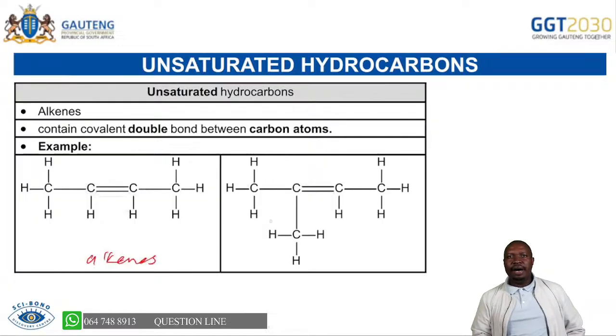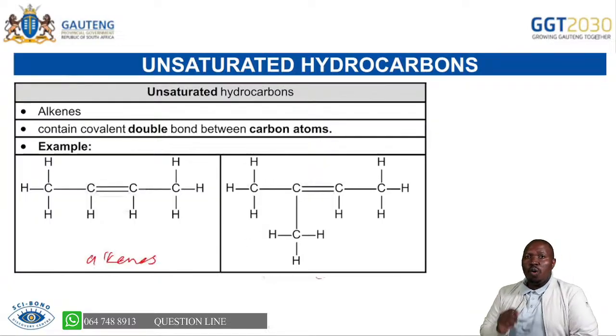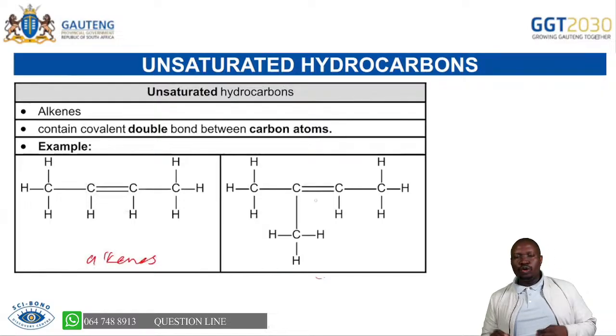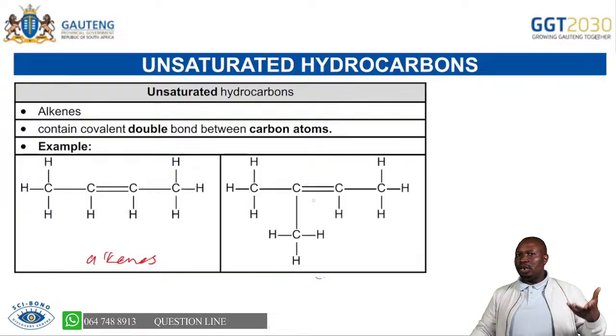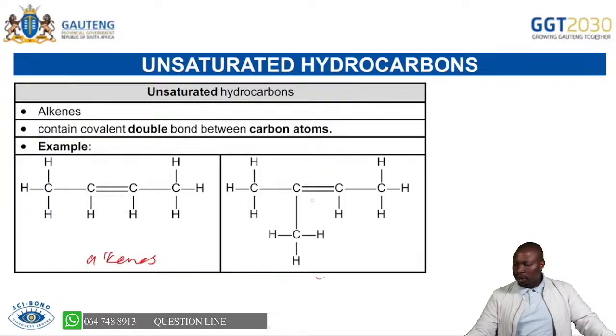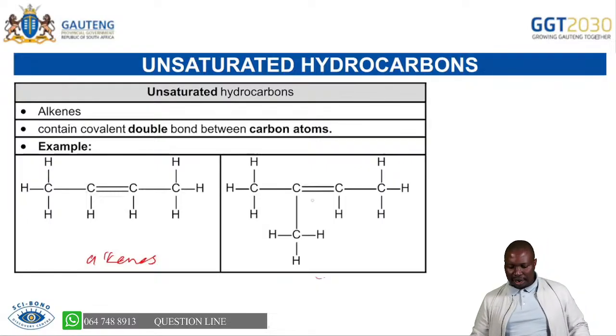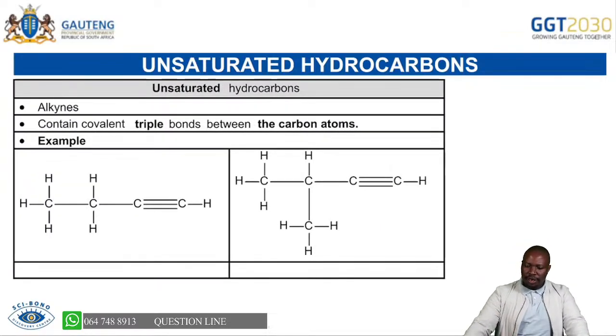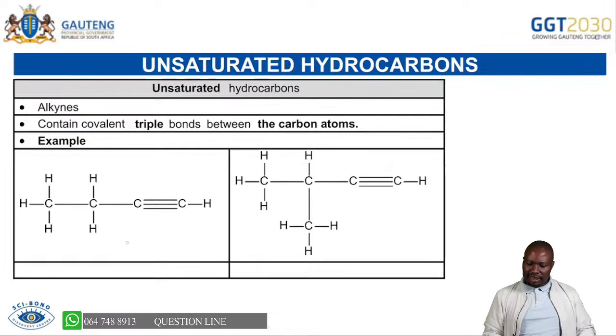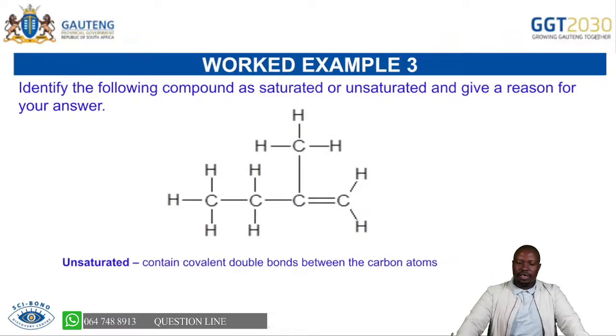Remember, when we were starting, we said we do one functional group per organic compound. So we won't be giving you 2 double bonds in one structure. No. If it's a double bond, it will be only one functional group in that particular structure. As you go to university, you can do multiple functional groups within a structure. Now, unsaturated hydrocarbons, these ones we said are alkynes, because they have triple bonds between carbon atoms. So we say they have multiple bonds between carbon atoms. So they are still part of that.